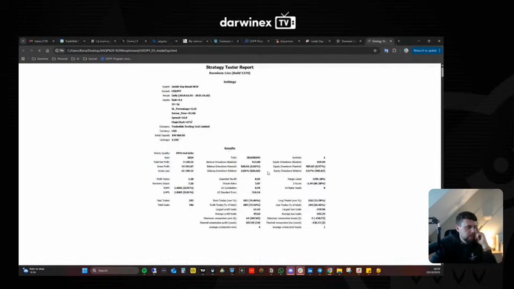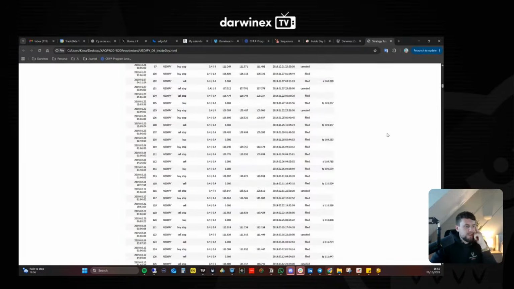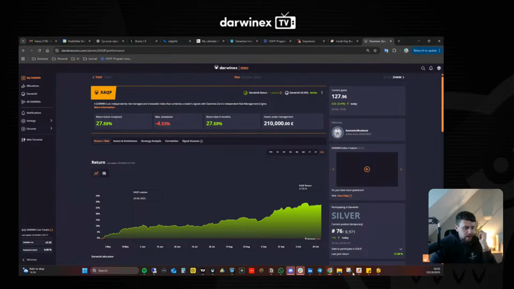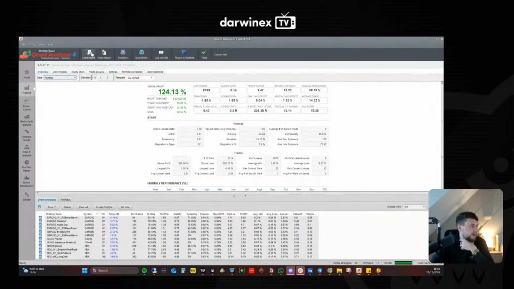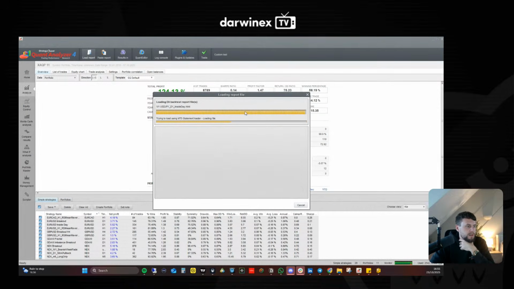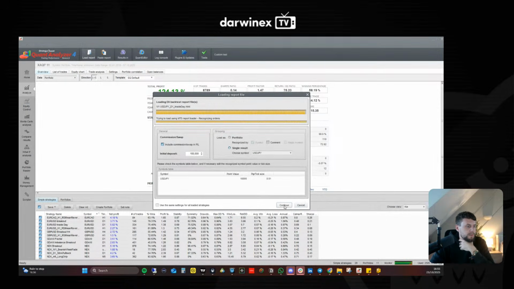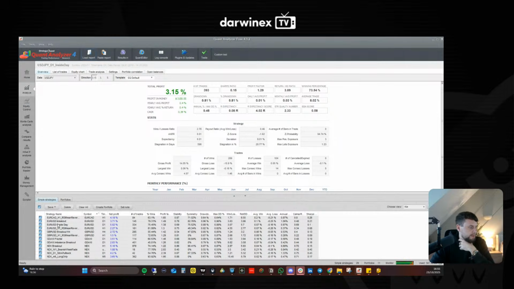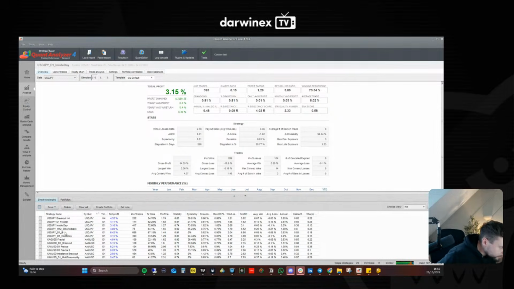What an idiot. So now that we have this, we've got the strategy report downloaded from MetaTrader. So I'm going to come over to Quant Analyzer and click Load Report. And then I'm going to select the report that we've just saved, import it into QA. Okay, so now we've got the information on here. What I'm going to do is delete the old one. So we've got to find that down here, which is this one, inside day, because I did just add the D1. So we'll delete this report because we don't want to double it up.